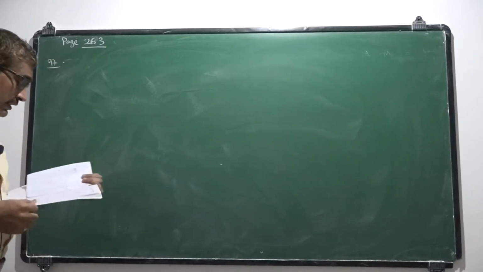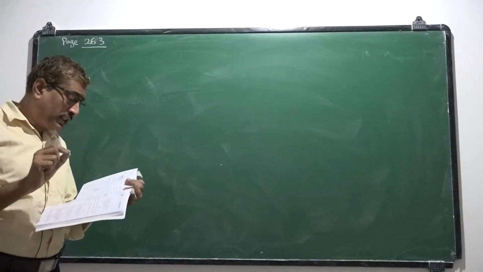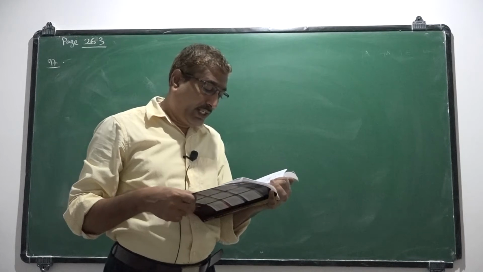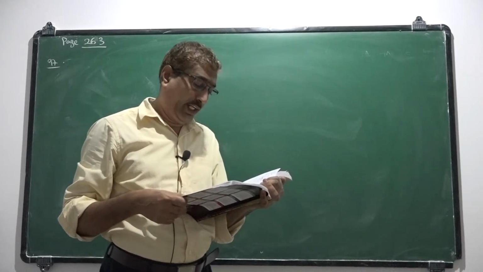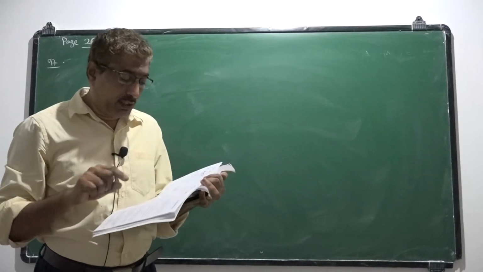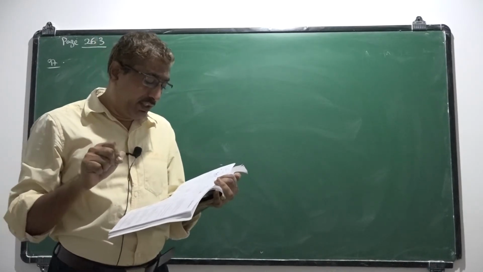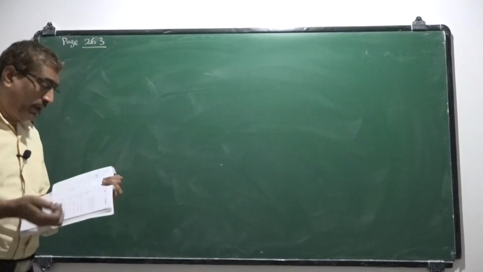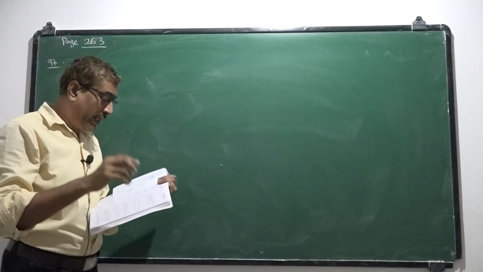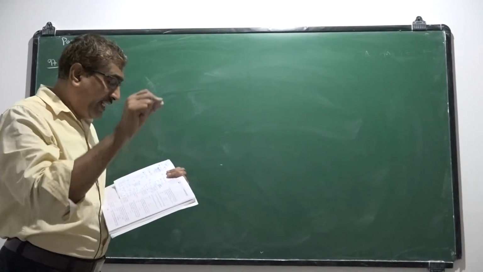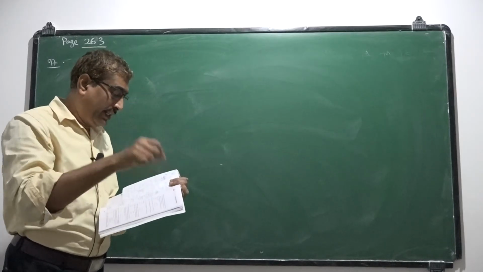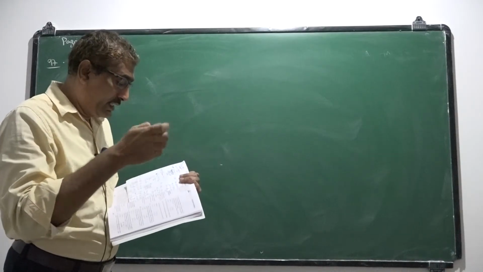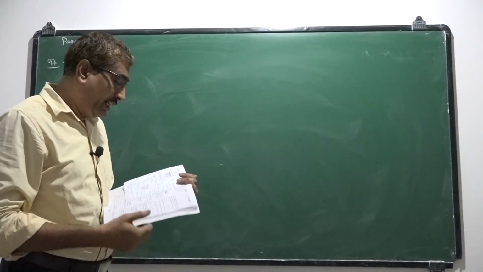Okay. So the problem is: a brass sphere weighs 100 gram weight in air. It is suspended by a thread in a liquid of specific gravity 0.8. The specific gravity of the brass is 8. Then the tension in the thread in Newton is. That means a brass sphere whose weight is 100 gram weight in air is suspended by a thread in a liquid of specific gravity 0.8. If the specific gravity of the brass is 8, the tension in the thread in Newton is.